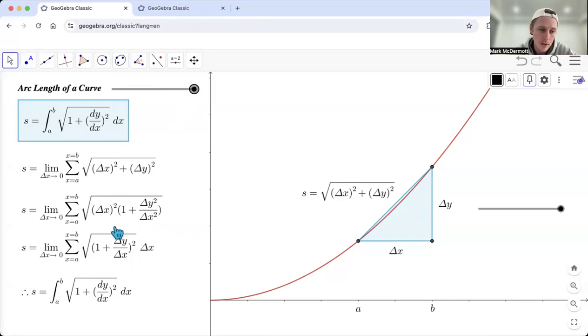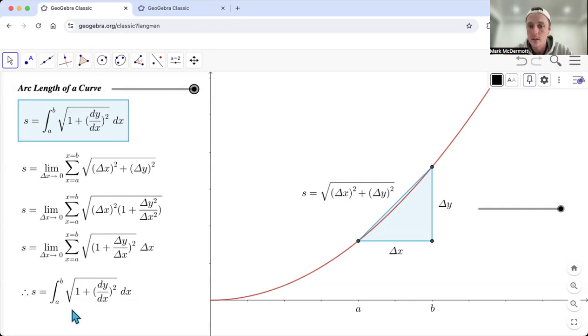And you're probably wondering, why did you just change the notation? Well, delta y over delta x is kind of like a fraction. And in other videos as well, we've spoken about the fact that we can actually treat the derivative of y with respect to x as a fraction. So hopefully it's not too much of a leap to say, all right, we can go from this line to our definition of the arc length of a curve, which is this. The integral from a to b of the square root of 1 plus the derivative of y with respect to x